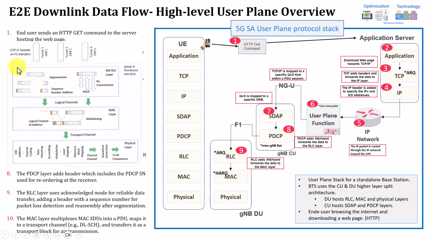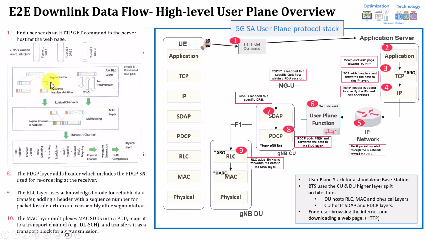And as you can see here, this is just a quick summary. This is the AM, acknowledged mode, RLC layer. We're using acknowledged mode here because we're using HTTP. The RLC has three transmission modes, which I'll explain at a high level in the RLC part: transparent mode, unacknowledged mode, and acknowledged mode. So this will be using acknowledged mode, which has the capability of automatic repeat request, ARQ. So at the RLC layer, there can be segmentation, resegmentation, retransmission, and also reassembly at the receiver. This will be explained in detail.